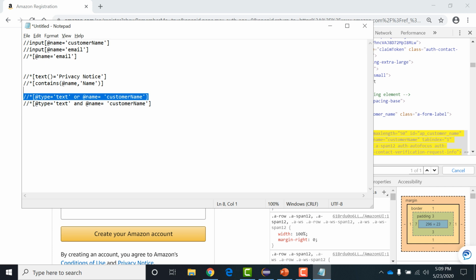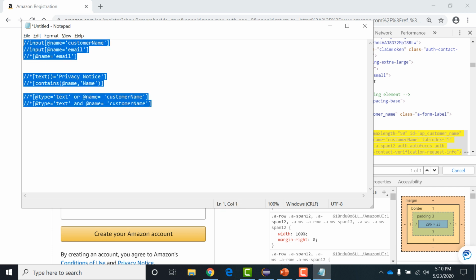And if you're not going to give a good locator, or a locator that is going to identify your element uniquely, then your script will never work. Or suppose it is working today, but there might be a case where it won't work in future. So that is the very, very important part.